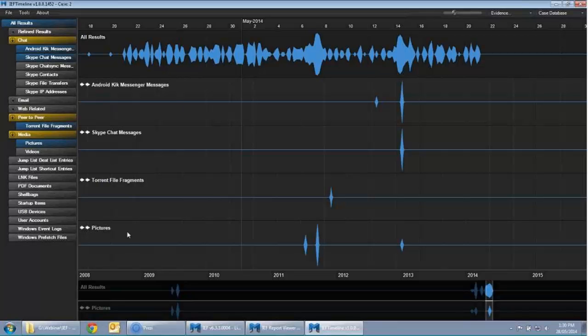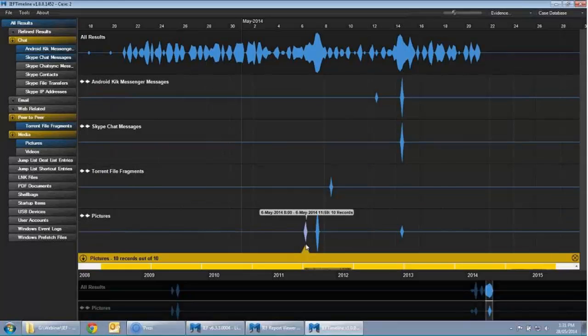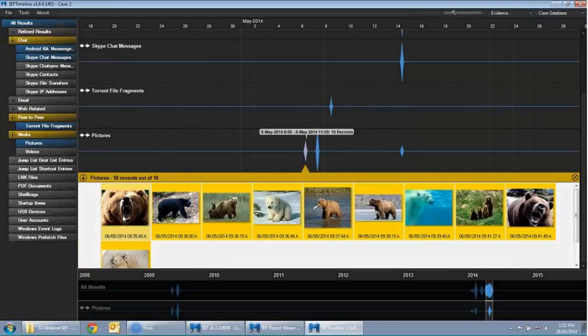I've selected that we've got pictures, torrent file fragments, Skype chat messages, and Kik Messenger messages. You can see at the top the all results. There's a lot of activity that was going on during those events, but if we spread it out and look at the specific artifacts that we're looking for, we can see a pretty good timeline of events and how it occurred. Starting with the pictures, if we take a look here, pulling it up,